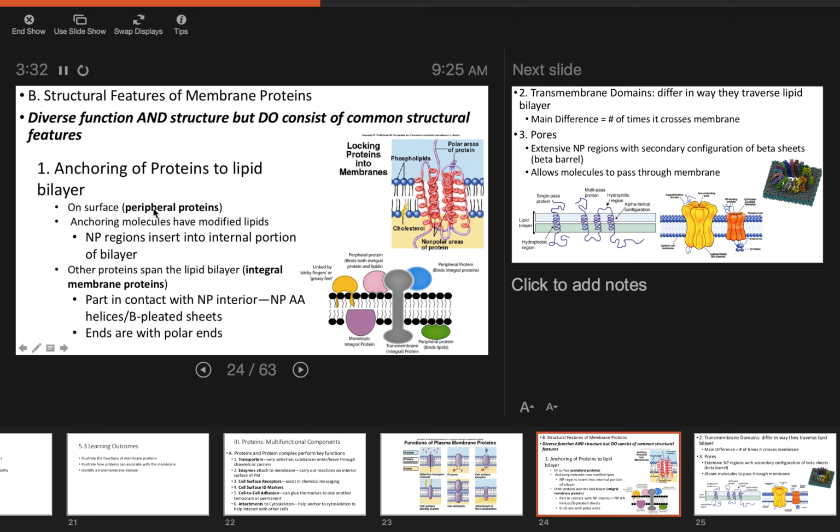So we talked briefly yesterday about the difference between peripheral proteins and integral proteins, and how peripheral proteins will latch on to the outer surface or inner surface of the plasma membrane. These peripheral proteins do not traverse or go through the plasma membrane at all. They're on one side. They're either on the outside or the inside. And so one common feature that they have is that there are nonpolar regions that are inserted into the plasma